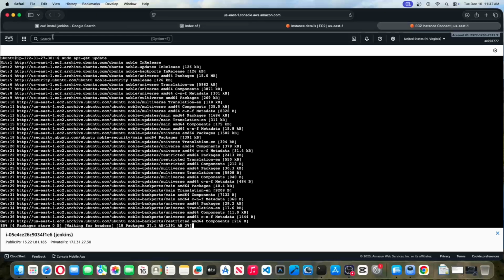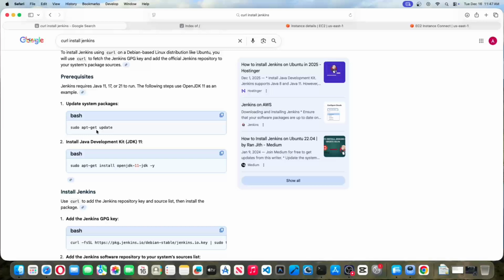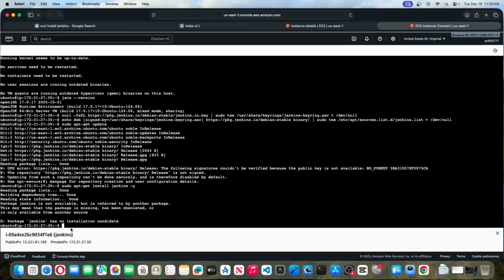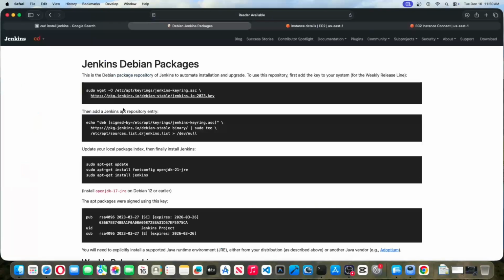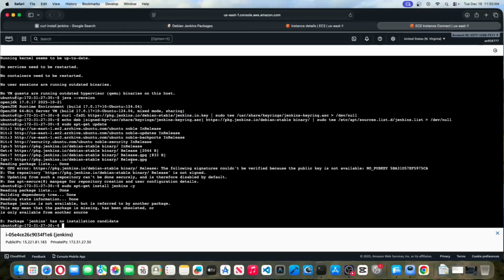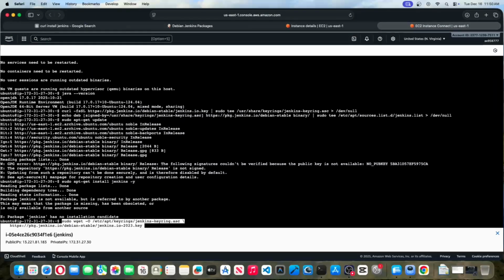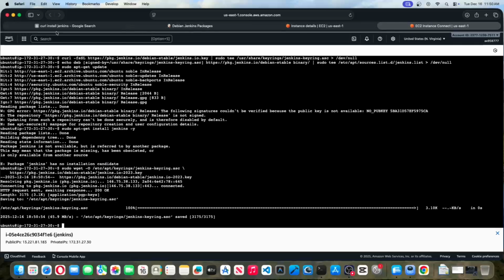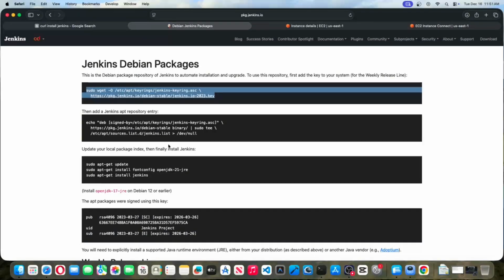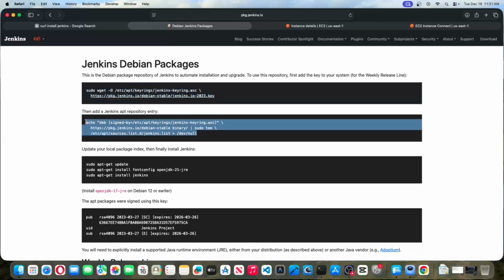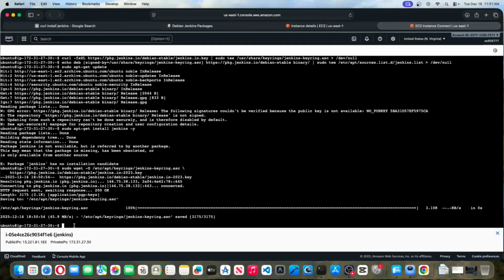So sudo apt update, and then we go to this website, and we need to copy this and paste it into the terminal, and copy this. So add this to the apt repository, so paste it over here,